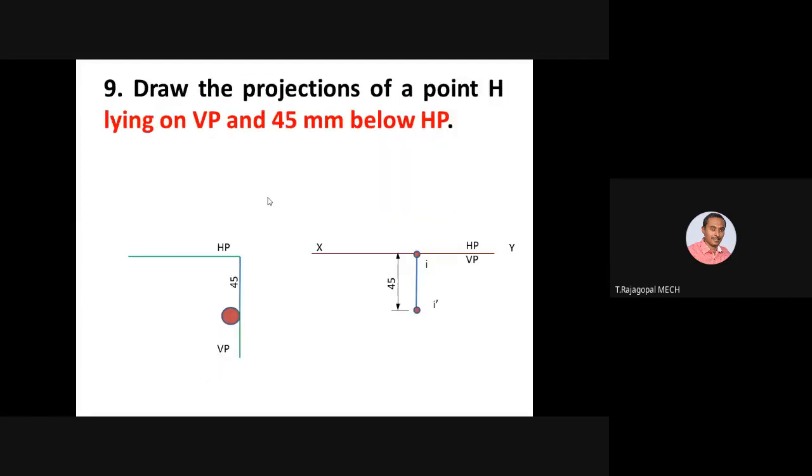These are the major options of projection of points in the four quadrants. These nine are the major options for how we can project the points on the four quadrants.